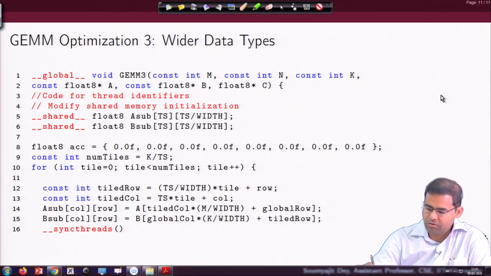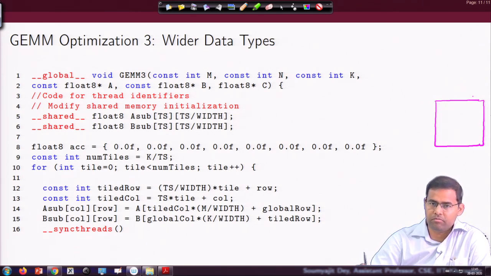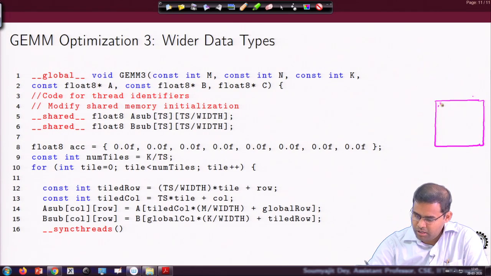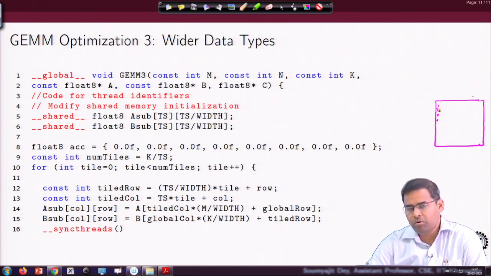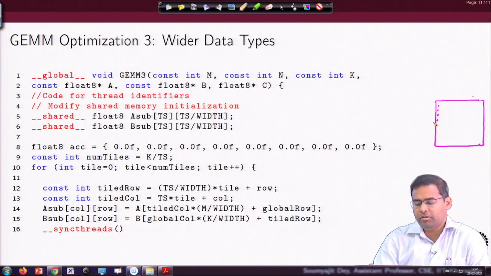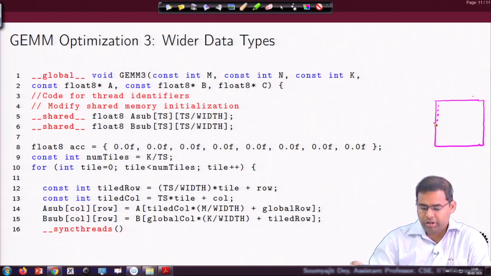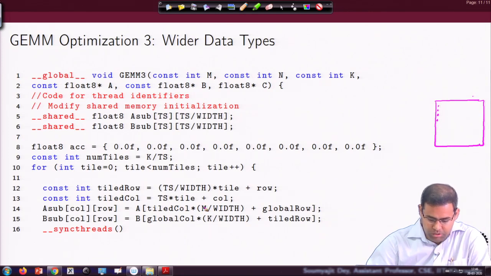is something like this: let me first draw one tile. So, this is one tile inside that entire C matrix, something like that, right. Inside that tile, I am saying that the thread should compute some multiple entries together, right. I am again drawing this in the column dimension, because these are the things that will be accessed in parallel, right. So, now let us see how the wide loads are going to happen here.